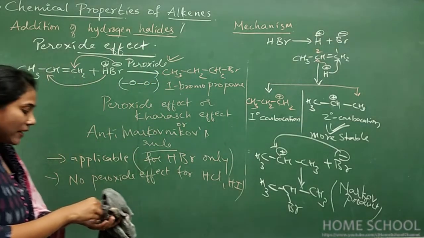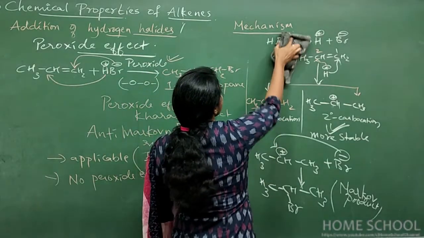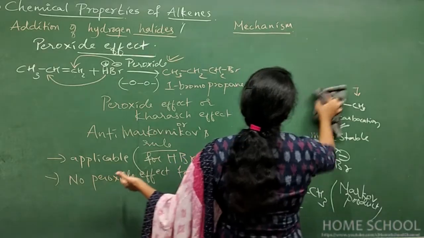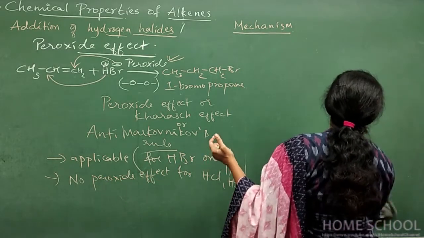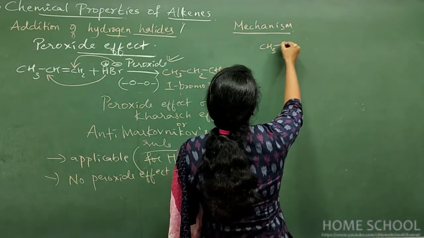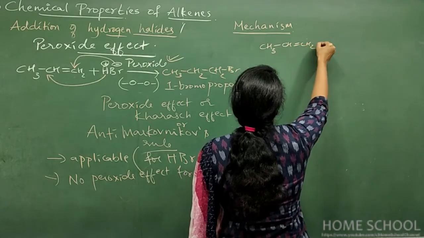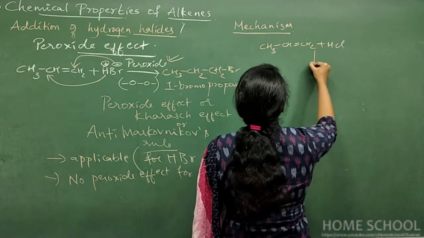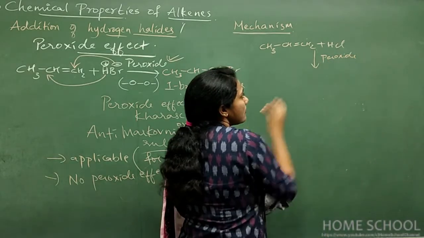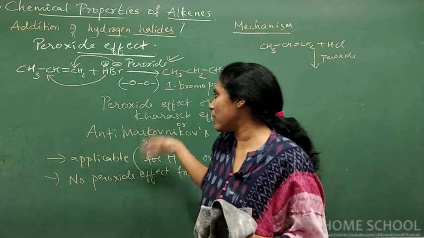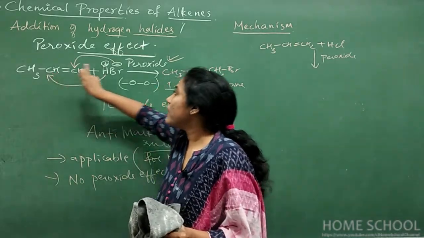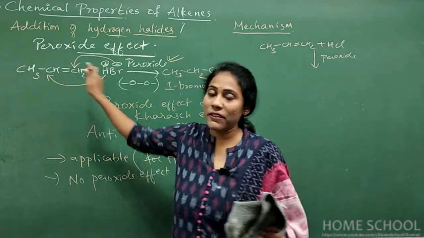I will show it here. This is a very critical point that I have written just now, so you should carefully understand that. See, I will have CH3, CH double bond CH2, and I will add HCl, in the presence of peroxide. So what will be your product? Usually, the moment you say peroxide here, you will think of the peroxide effect. You will try to add the positive part to the carbon atom having less number of hydrogen and the negative part to the carbon atom having more number of hydrogen, right?